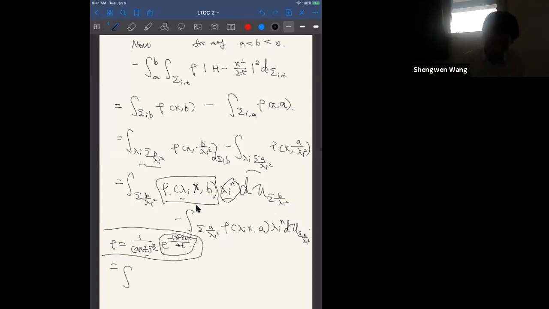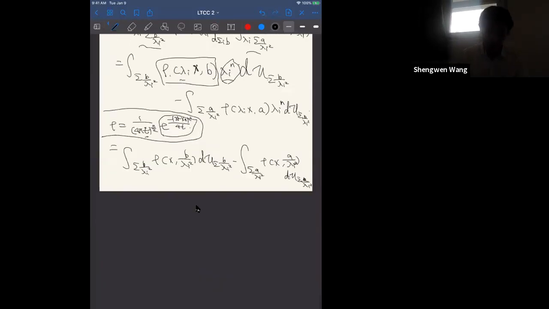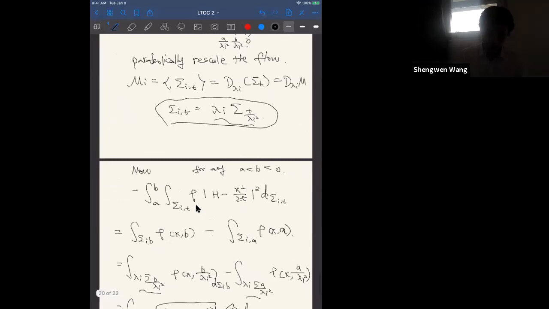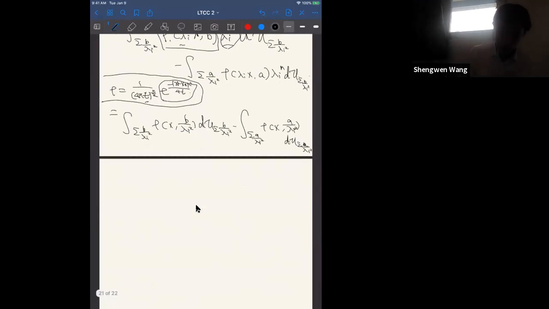And this is going to give you lambda_i squared rho. Now it's x_B divided by lambda_i squared, and you get rid of the lambda_i to the power n. Again, at time A over lambda_i squared. Okay, so this is, up to passing to a subsequence, as we have deduced, converging to 0. So this is converging to 0 up to a subsequence,